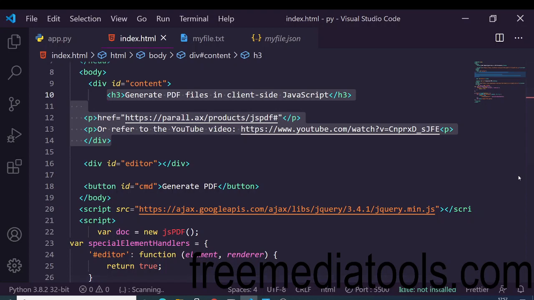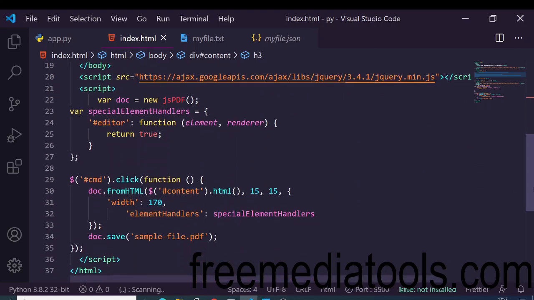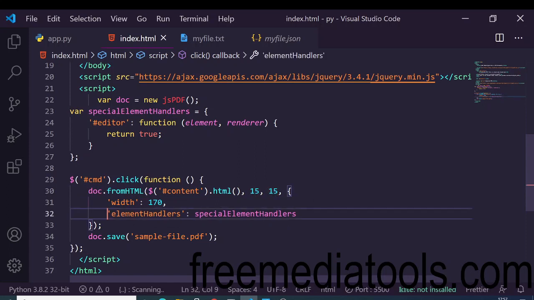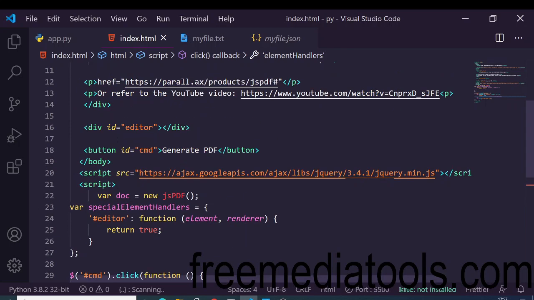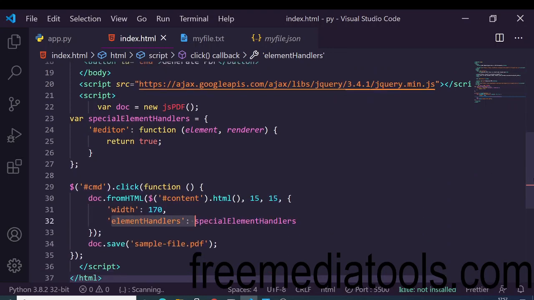Then we will provide the X and the Y coordinates, which are 15, 15. We will provide a width property of 170, and then we have a special property which is elementHandlers, which we have initialized to editor, you can see. So this much you need to write here.